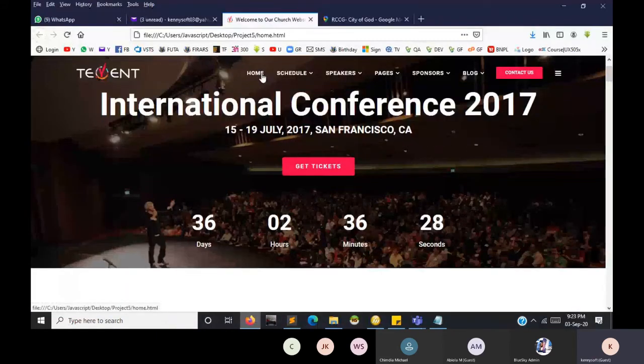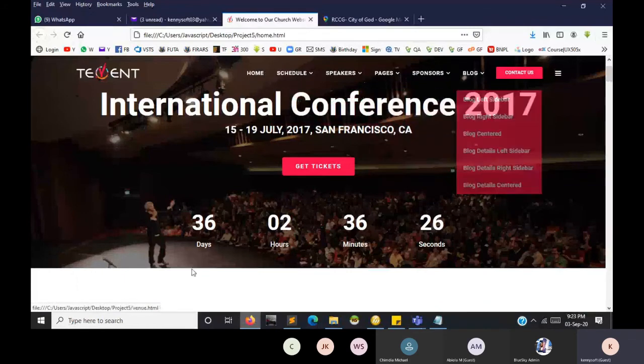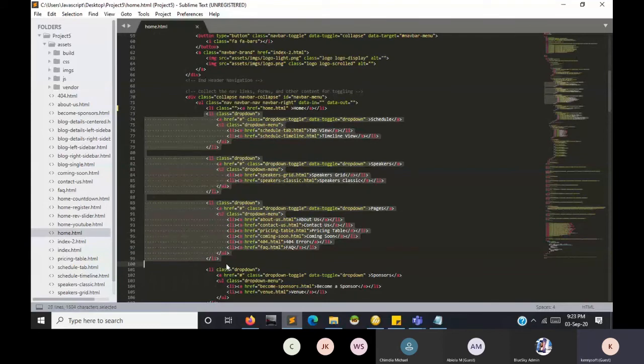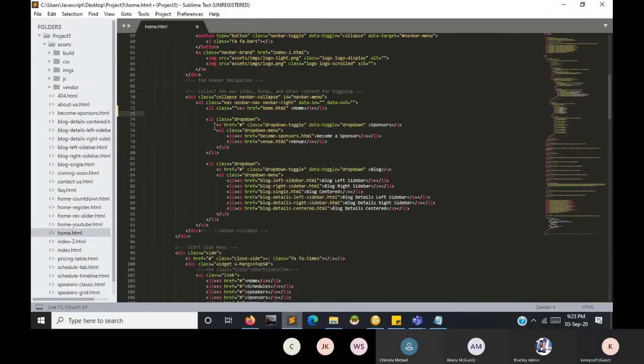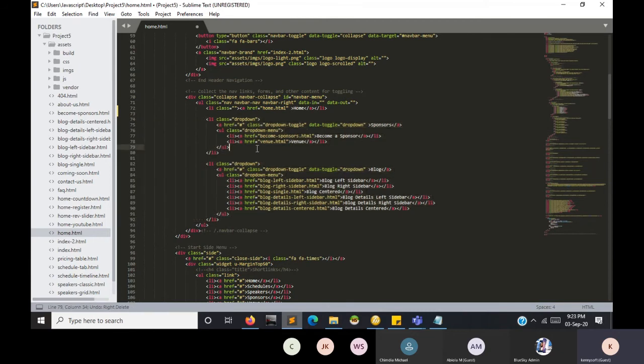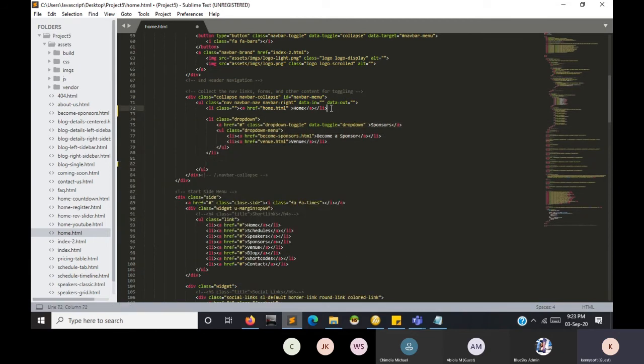You can remove everything that has to do with drop down so that you have a plain home menu like this. So you do the rest for all other pages, all other links that you don't need, you remove them. Remove any menu that you don't need. Or better still, if you are not doing any drop down menu, or let me leave a couple of drop down menus. Let me just do this. Control